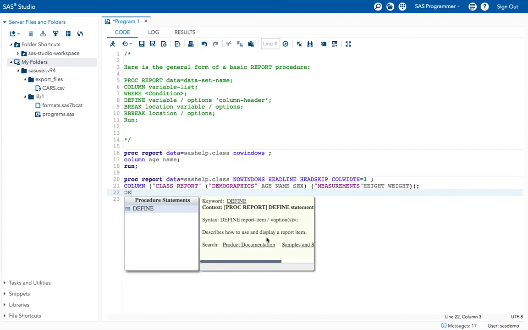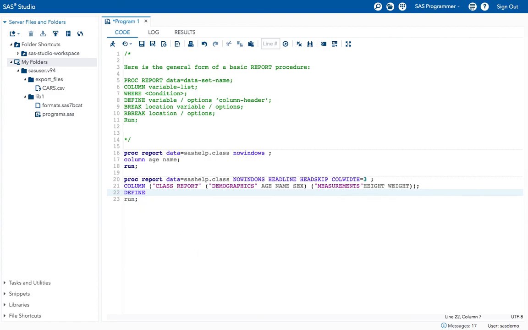Describes how to use and display a report item. Okay, define. Now I want to change the name into another name. Okay, I want to give a new name to this name variable.